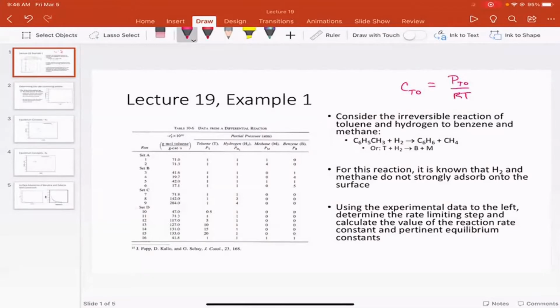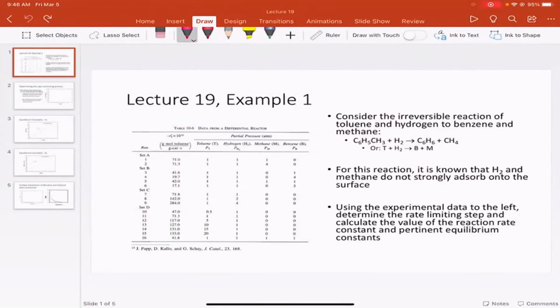And so plotting the pressure data is the exact same thing as plotting the concentration data. Okay, and that's something to remember. We've talked about it a few times during the course of the semester. And so